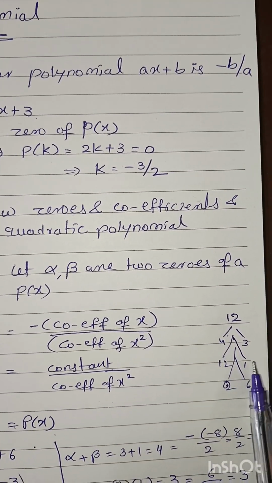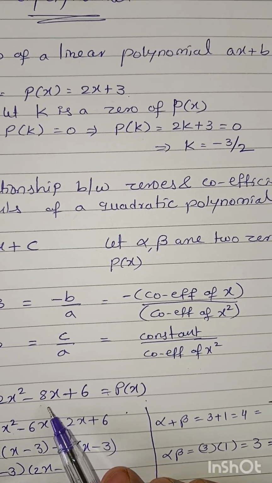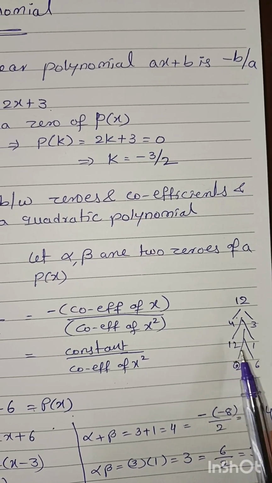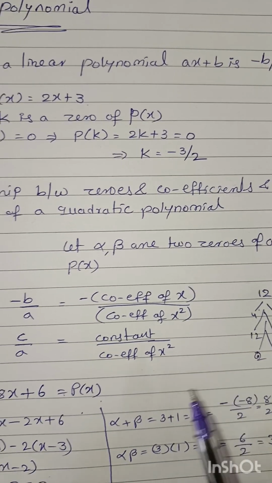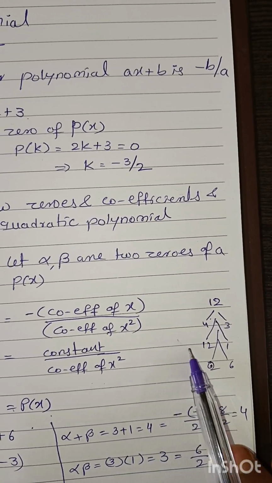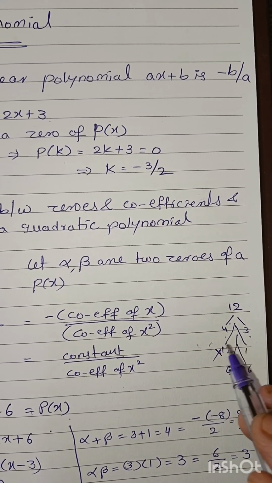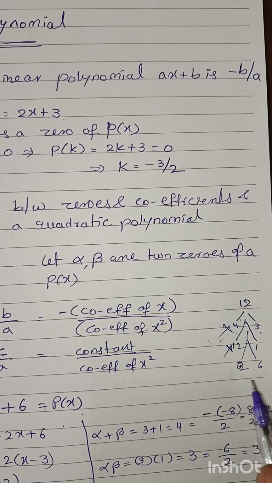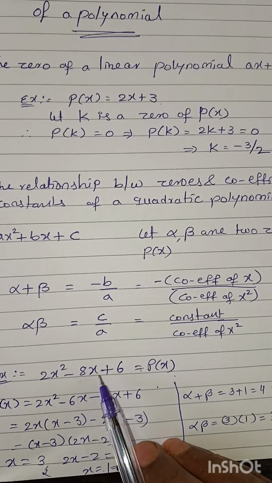But here 4 plus 3 equal to 7, but we want 8. Next, 12 times 1, but 12 plus 1 is 13 or 12 minus 1 is 11. But we want 8, so this is also not possible. Here 4 plus 3 is 7 or 4 minus 3 is 1, so it is also not possible. So 2 times 6 is 12 and 2 plus 6 is 8.